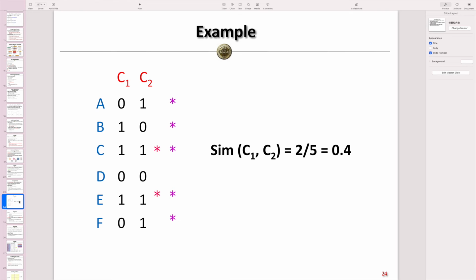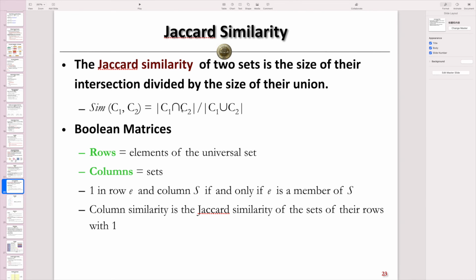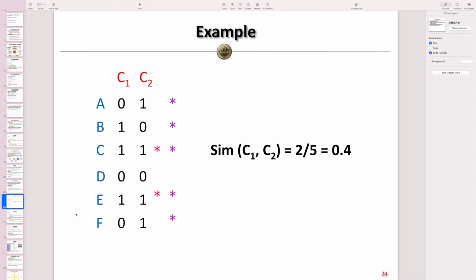I still remember in the previous pages when we talked about queries, we also described how to calculate the query results based on Boolean expressions. So given two documents C1 and C2, if we plan to find the common elements between them, we have these appearance Boolean vectors, and the size of C1 intersect C2 actually equals what? Equals the summation of